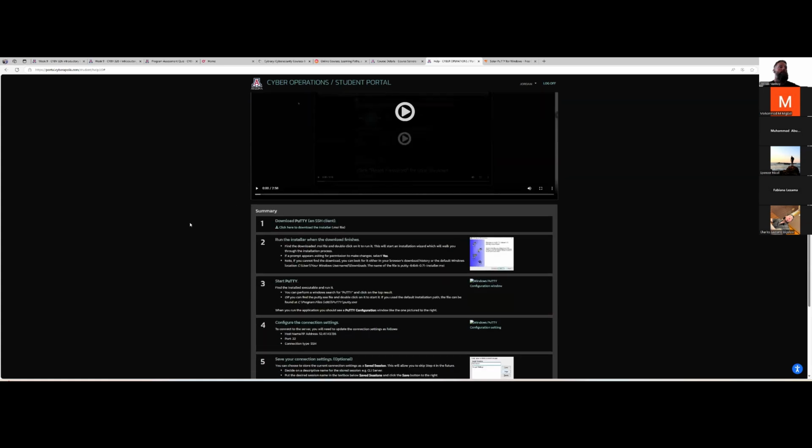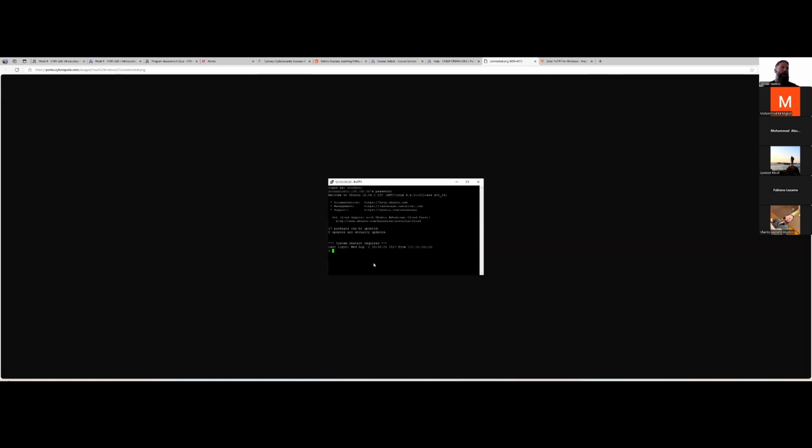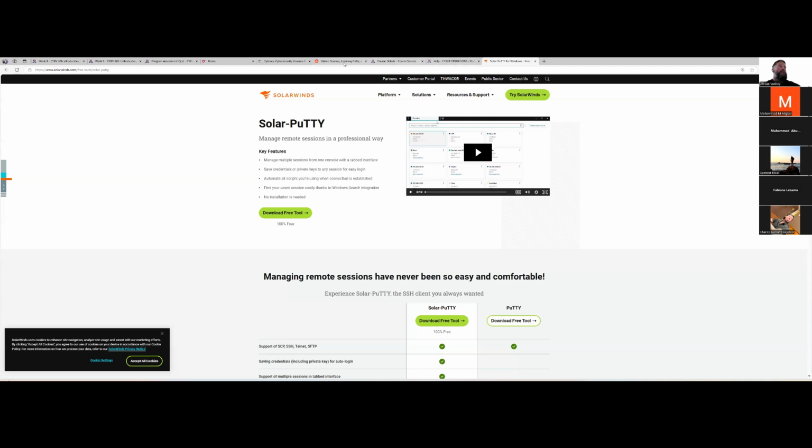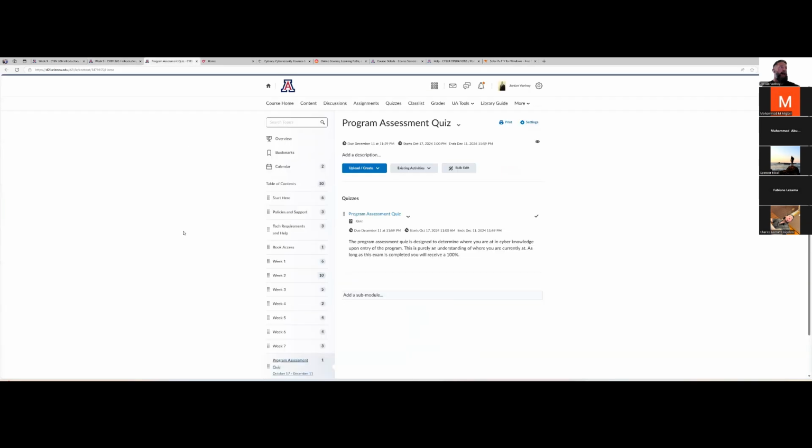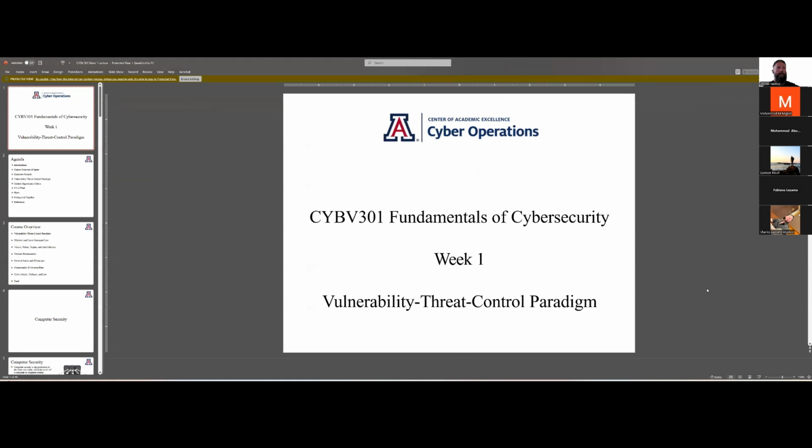Again, I need you to be able to pull up that command line prompt here. This is exactly what it should look like whenever you get in there, or pretty close. I think these prompts have actually changed a little bit, but ultimately that's where we're at. So I'll pause there for any questions, comments, concerns about anything that I have brought up so far. Okay, let's go ahead and dive into the material then.